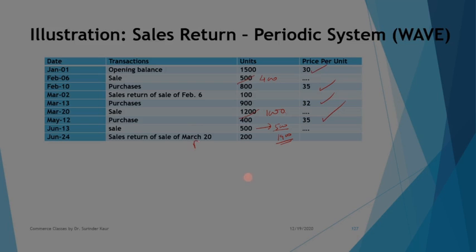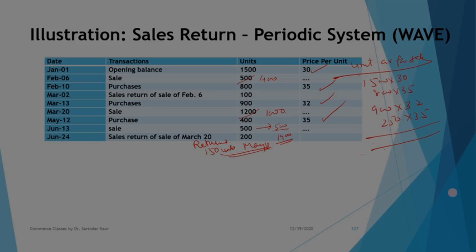Had we been given any return, say you returned goods out of, say, purchases of May 12. Okay, you returned 150 units. Then while compiling the information, we'll be writing units available for sale. So if we are having any purchase return, as we have understood in the previous example, purchase returns will also be deducted from the purchases, and in that case, out of 400, if 150 are returned, we would be having 250 at the rate of 35. So these will be the units available for sale.